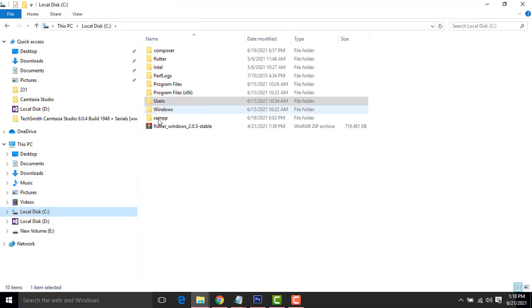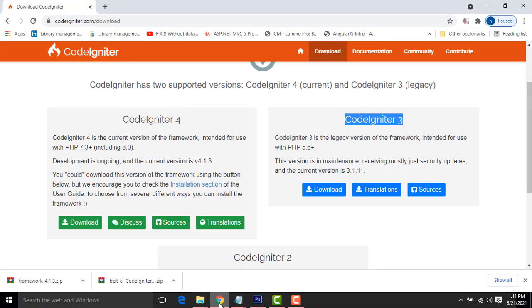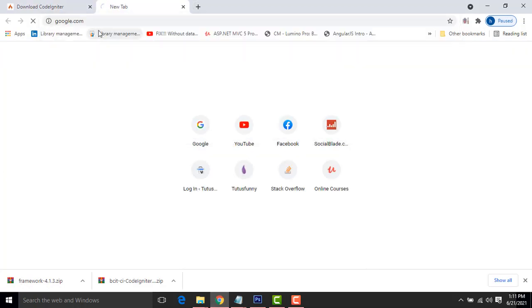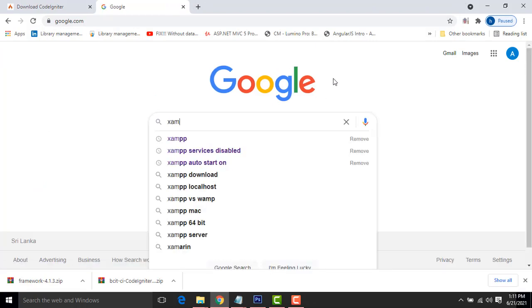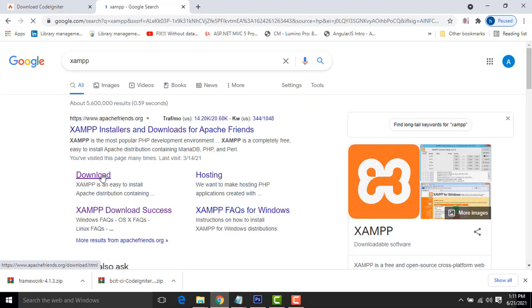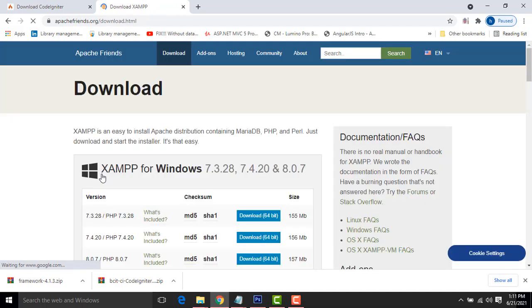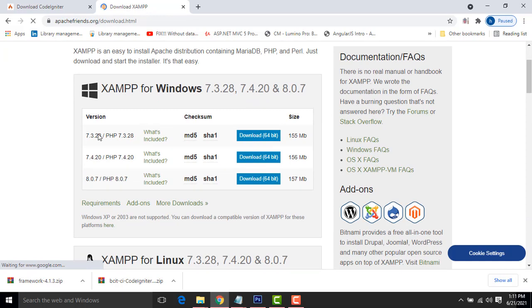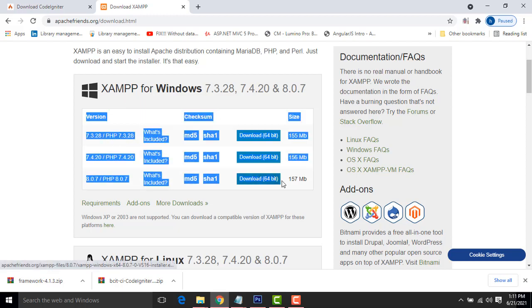Those who have not installed the XAMPP server must install it. Go to the official website and install it. But the latest version is recommended. The latest version of PHP is recommended, otherwise it won't work. There are many students who ask why it is not working. You have to install PHP above 7.2. But here you can choose one of these PHP versions. If it is below that, it causes some problems while you install CodeIgniter. You have to download the latest version of PHP.